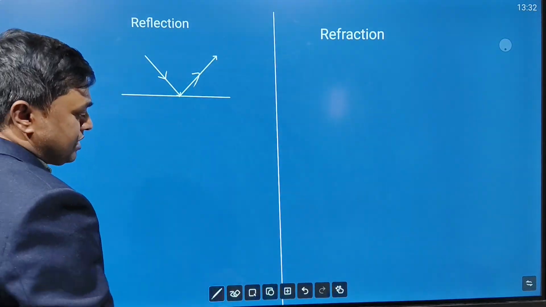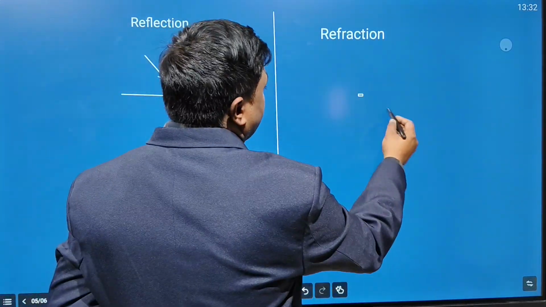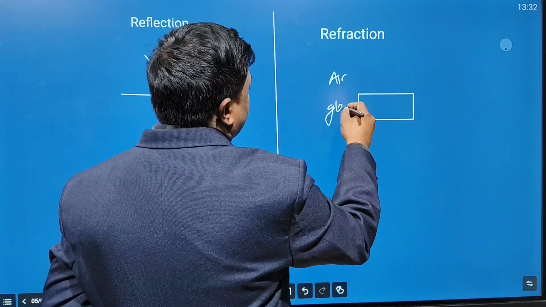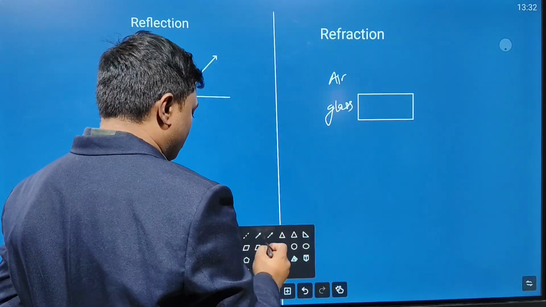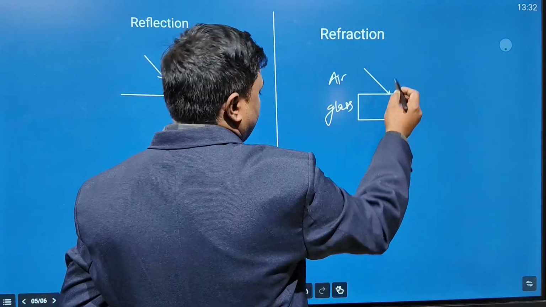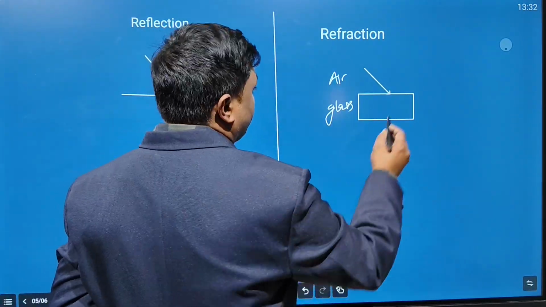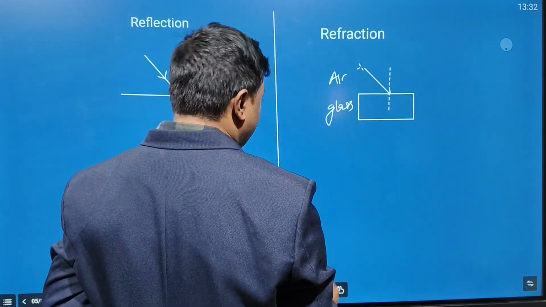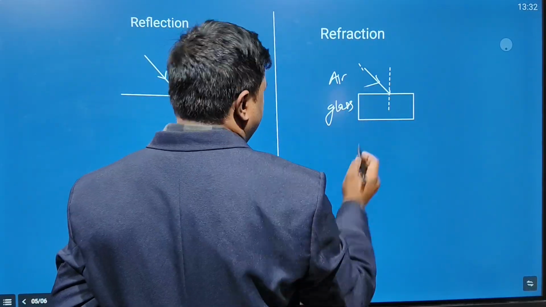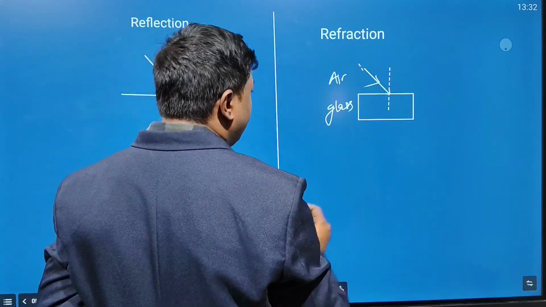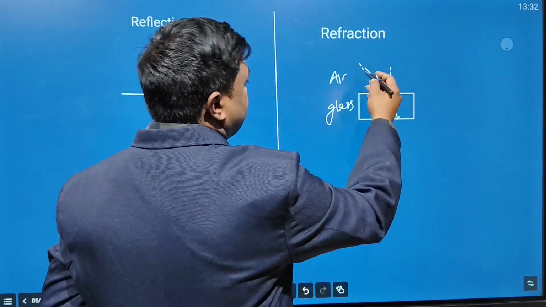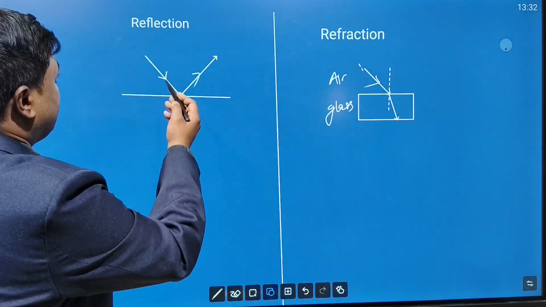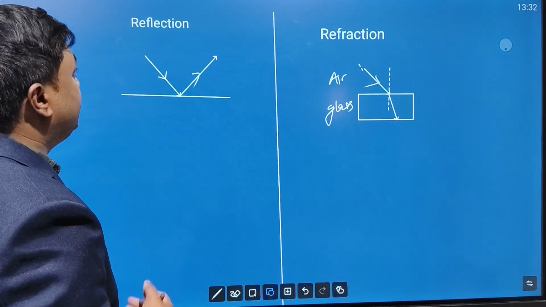Whereas when we talk about refraction, here the light ray is moving in two different media. Let's say this is air, this is glass. When the ray of light goes from air to glass, it will bend towards the normal. This is the incident ray, this is the normal. You can see, the light ray will bend towards the normal, because it is moving from rarer medium to denser medium. In the case of reflection, the speed of light does not increase or decrease. Whereas